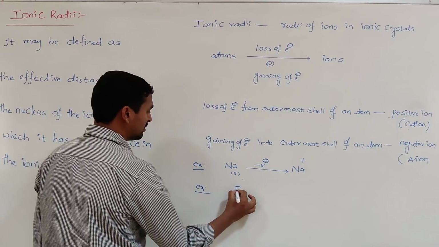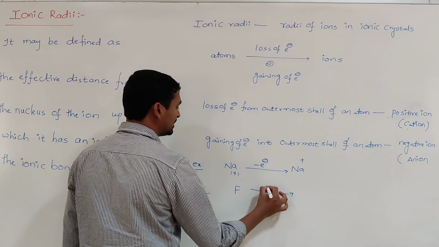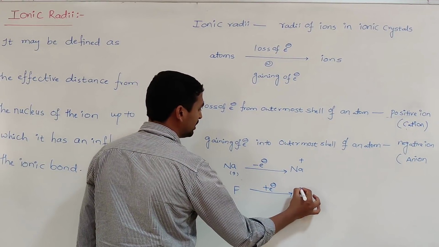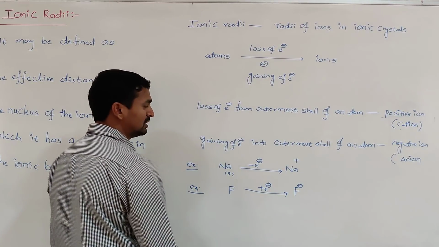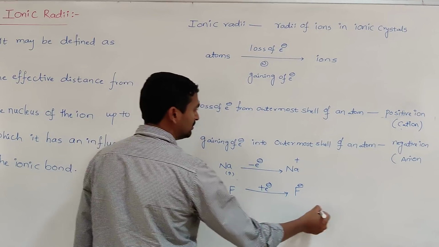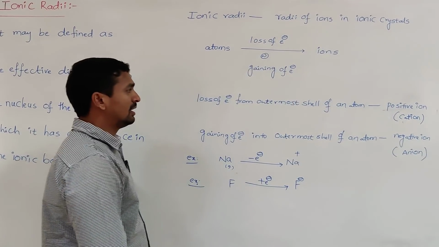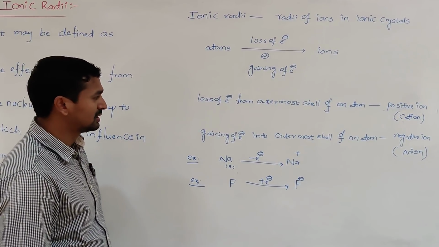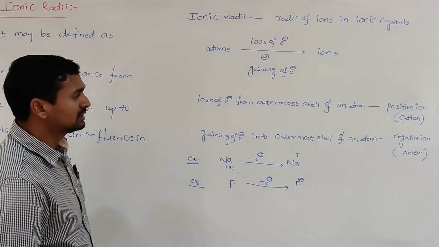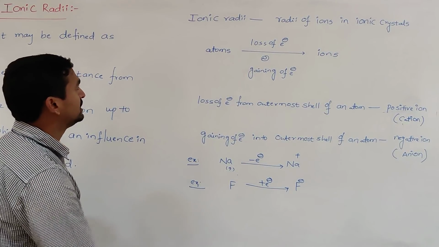Fluorine, whenever it gains an electron, becomes F minus. Gaining of an electron results in a negative charge. So here the fluoride ion is called an anion. Like that, loss of an electron results in a cation, and gaining of an electron results in an anion. The radii of these ions we simply call